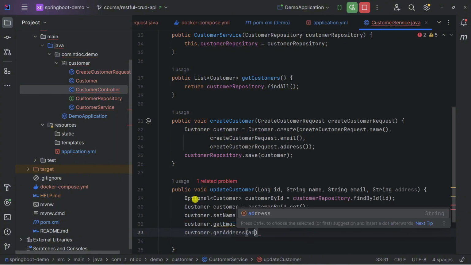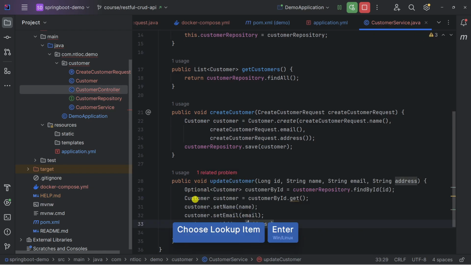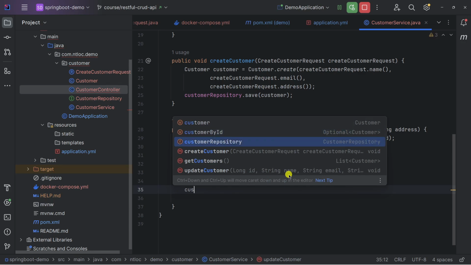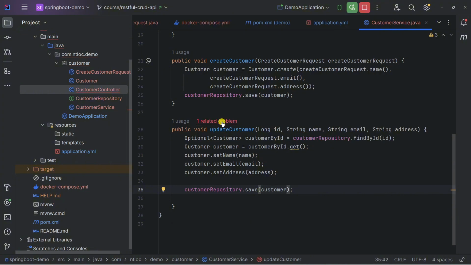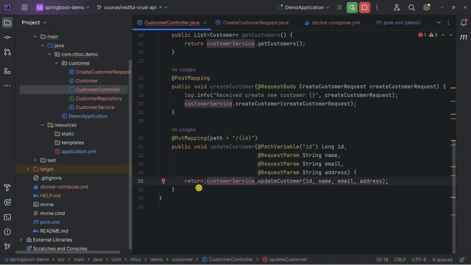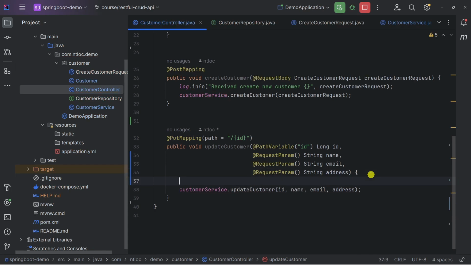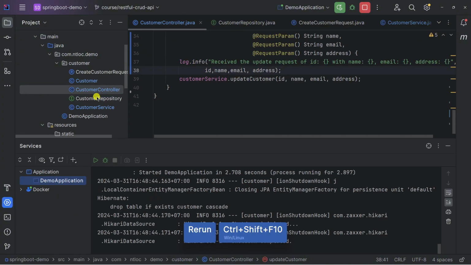So let's change a little bit: set email, set address. Okay, cool. The next thing we would like to do is customerRepository save, and we would like to save the customer again. Let's go. Where is the problem? Oh, sorry, this will not be return, and I would like to have some log info here. Okay, we run again.